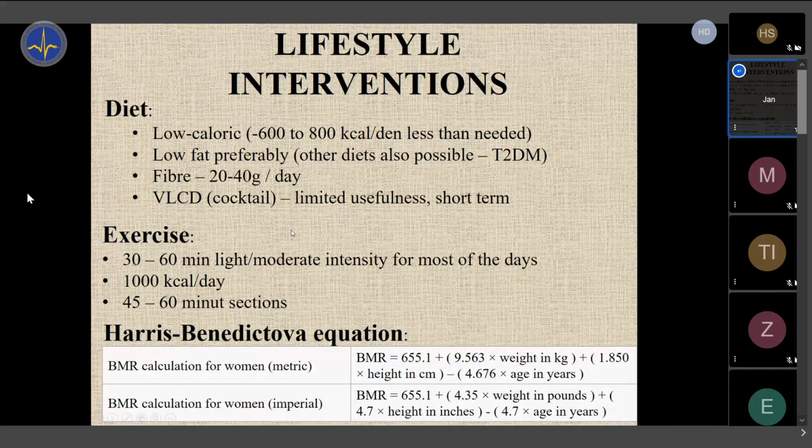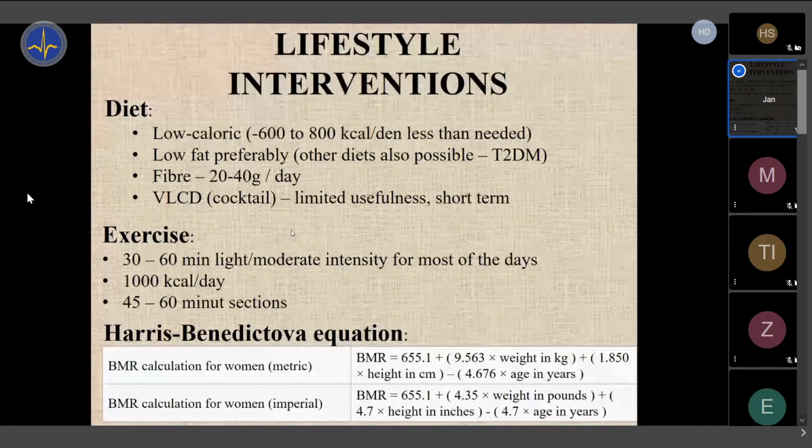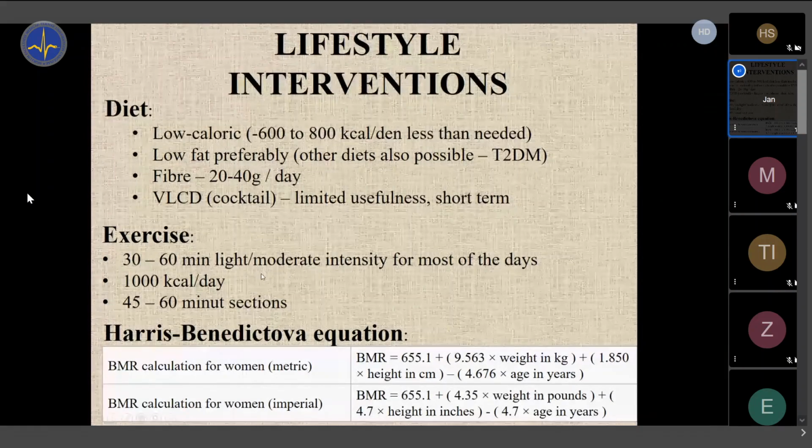So again, basic principles of exercise. What should people do? People should do exercise which helps them to burn calories, right? And especially burn fat, because if you have, for example, high intensity exercise, people burn calories, but most of these calories are from carbohydrates. So that's why the recommendations are actually light to moderate intensity exercise. What does it mean? It means the exercise when people can talk. You can talk in sentences.